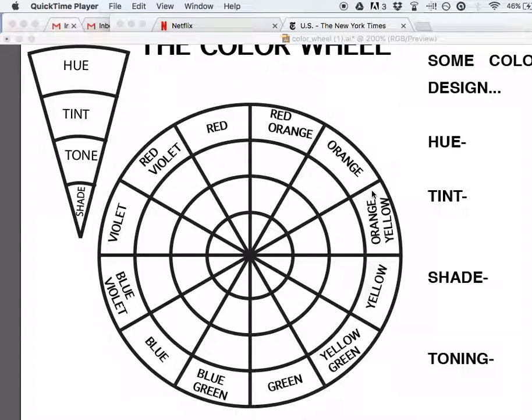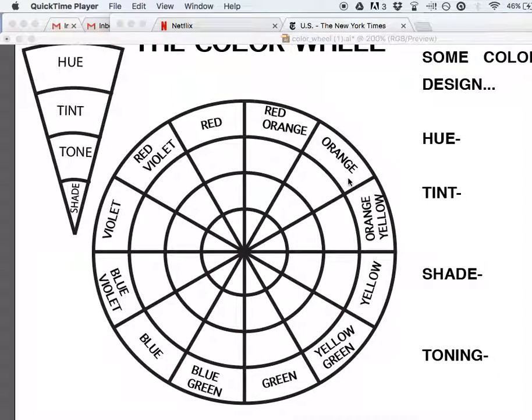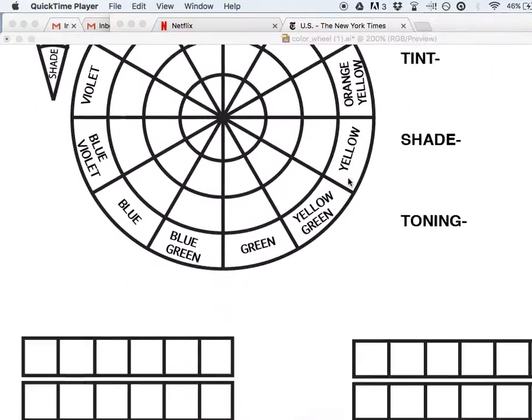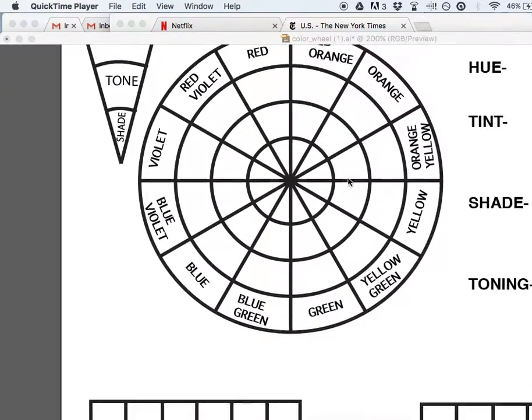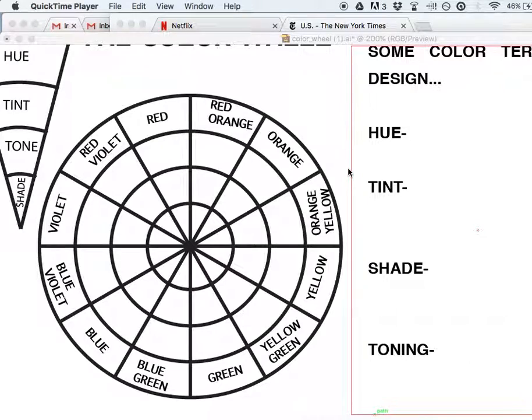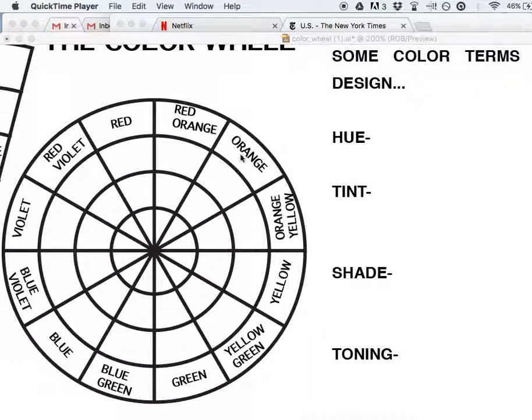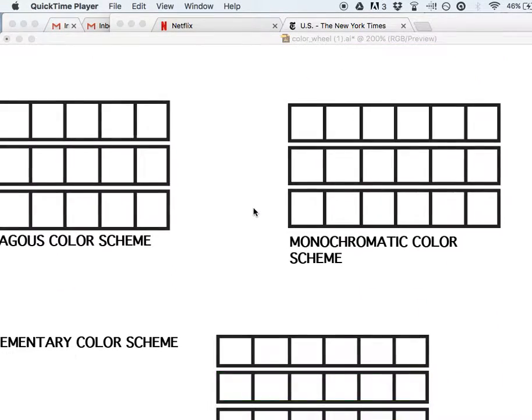Everybody. Today I want to show you how to work with a color wheel. So I've got this in front of me, and you can see there's more down here. And I downloaded this from Google Drive. So let's start over here with some definitions, and then we'll apply them to the wheel here, and eventually talk